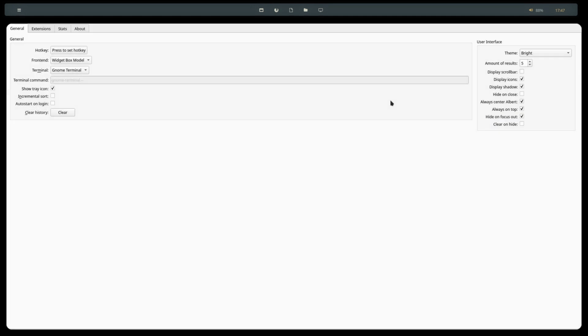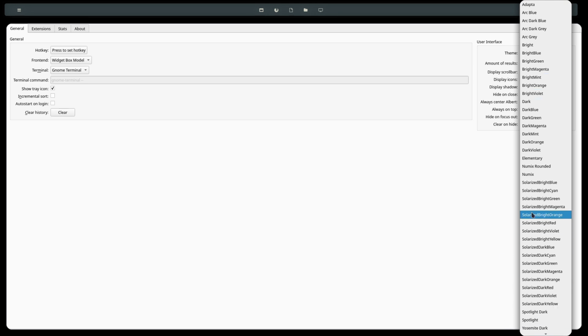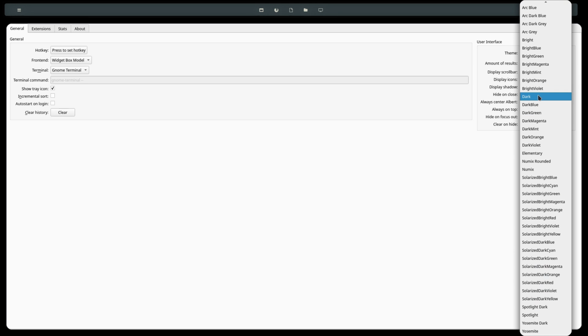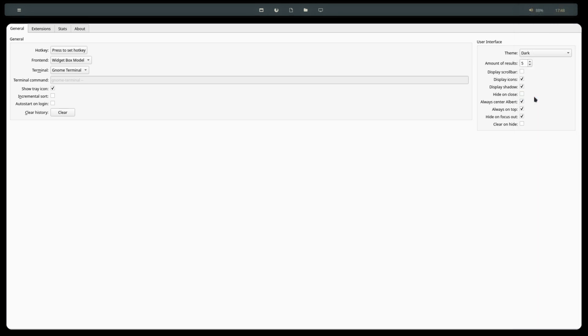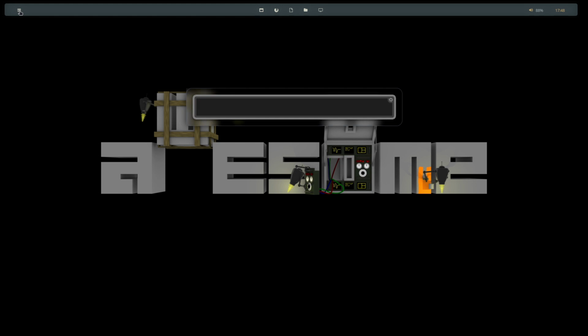There are also settings here. If you go to the themes part, you can select a variety of themes. You can choose dark theme, dark blue theme, dark green theme, and more. Let's just go with the dark theme for the time being. Firefox also gets automatically themed with that. Now let us get the icon pack